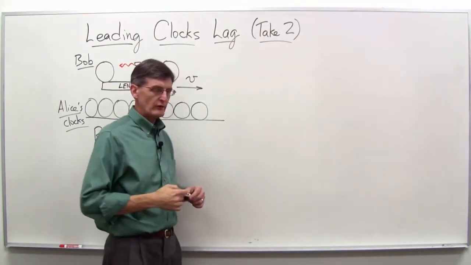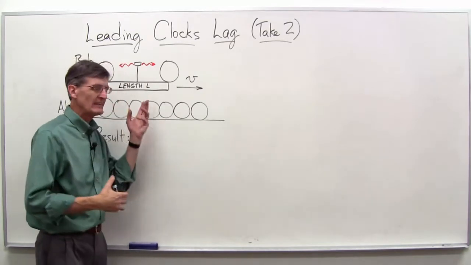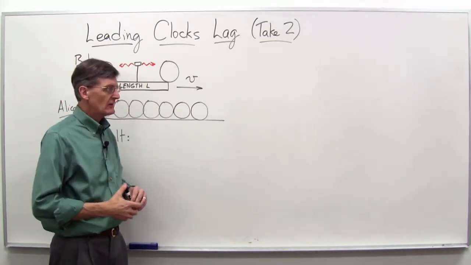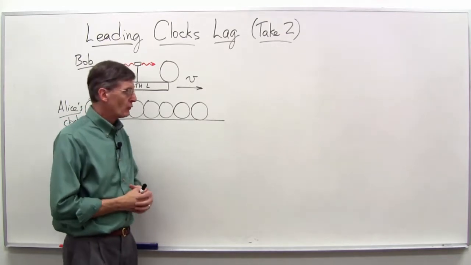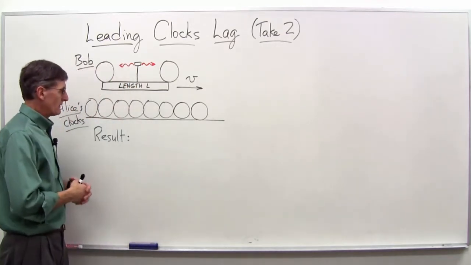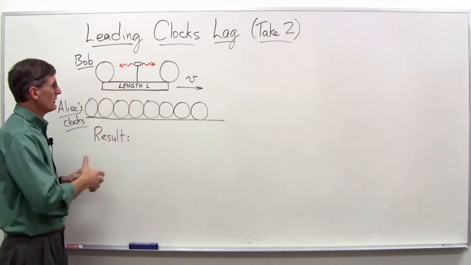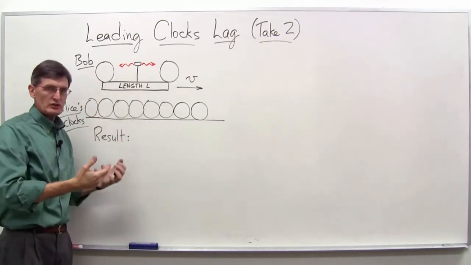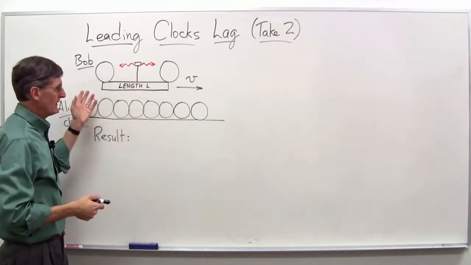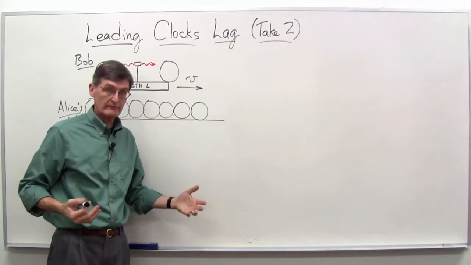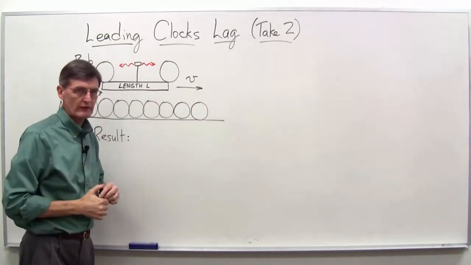Okay, in this video clip, we're going to take one more look at this whole idea of leading clocks lagging a trailing clock. So this is take 2. You may remember last time we did this derivation in terms of just looking at Bob. If he has a machine that gives off 2 photons, now Bob is on his spaceship. As far as he's concerned, he's at rest. As far as Alice is concerned down here, which we'll get to in a minute, he's going at velocity v